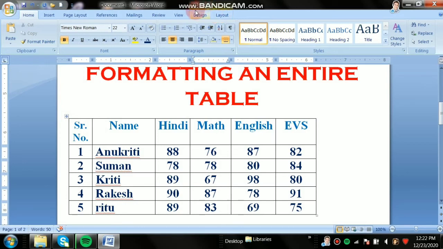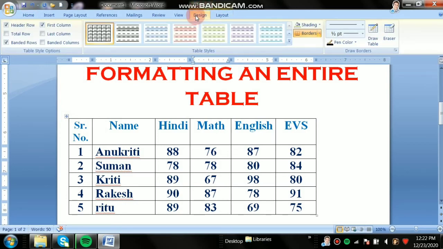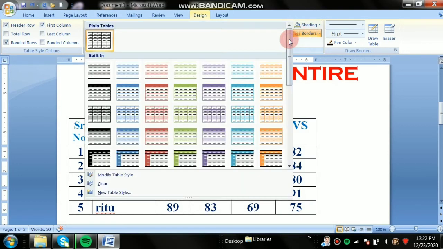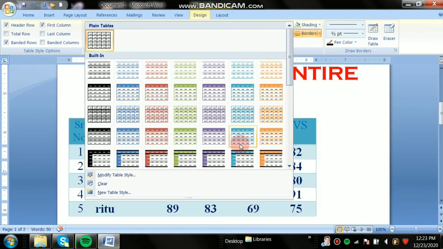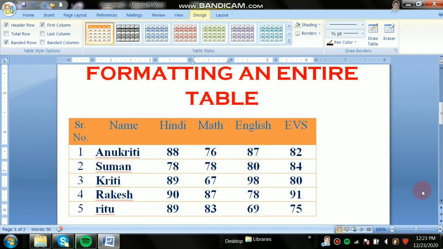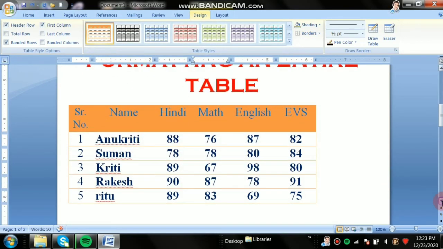Just click on the Design tab. Here you will find various table styles, and you can also add shading and borders to your table. Here you will get various options and you can select any one of these. Here I have selected this one and there is no border in it.